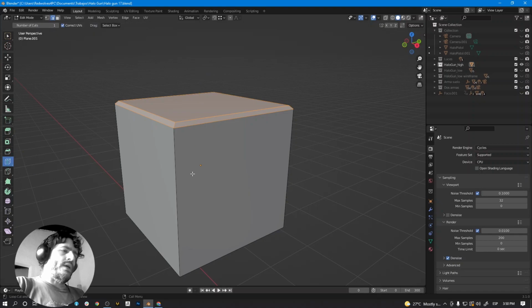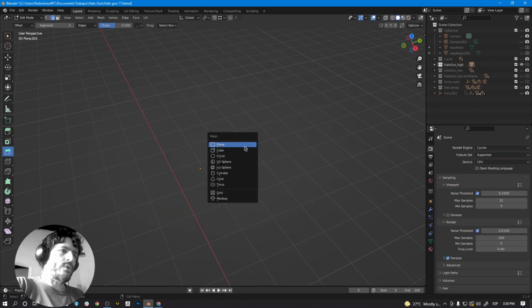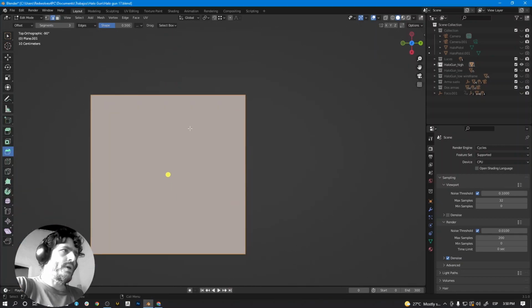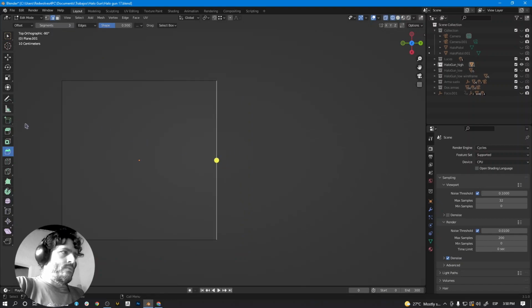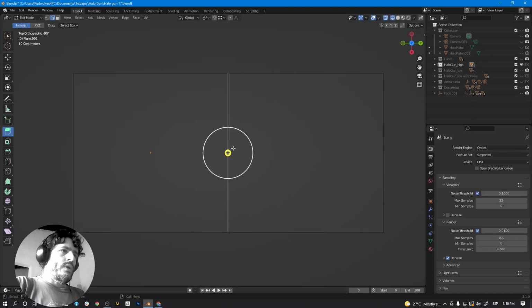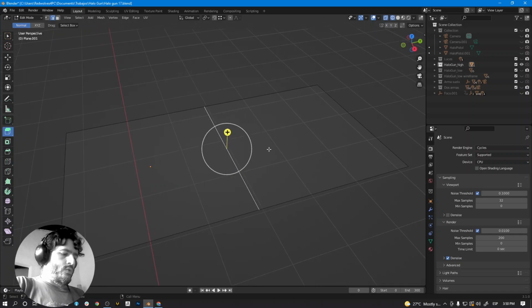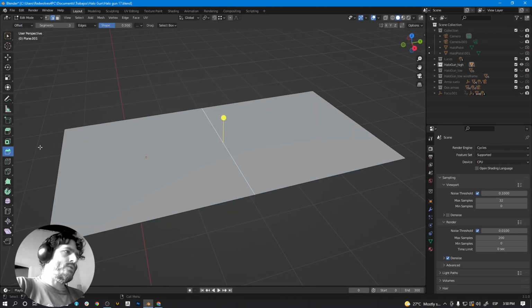Next one, loop cut. Another thing about the bevel I forgot is this. This is really important. If I have a plane, I'm going to make an extrusion. Like so. And if you select an edge and you select the bevel button, the bevel tool,